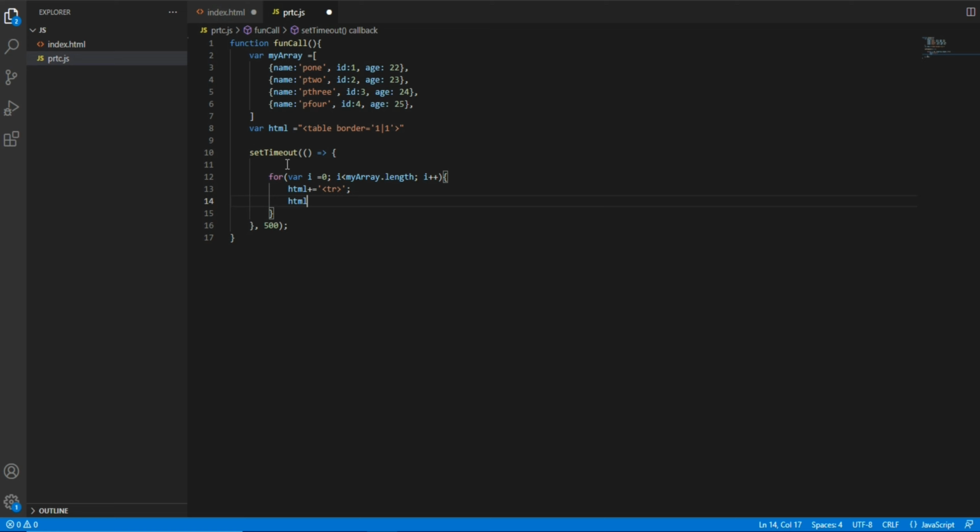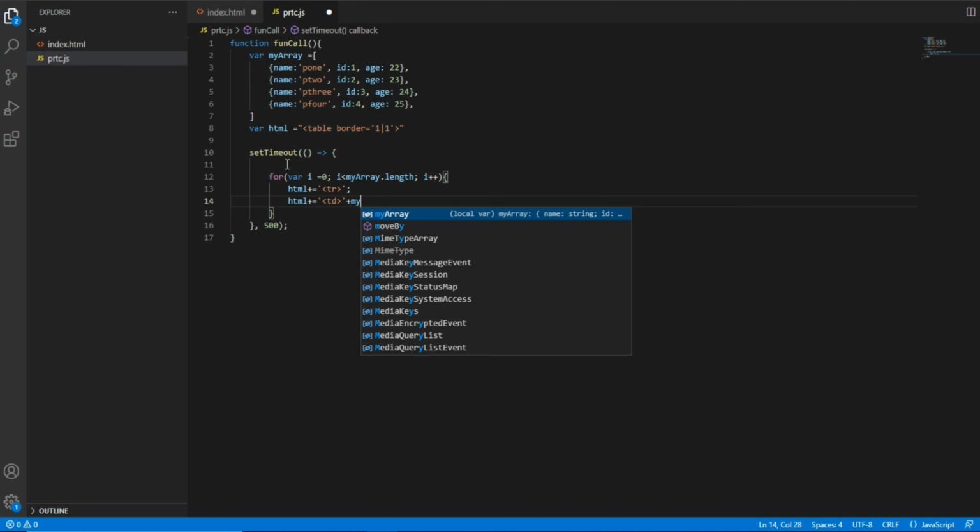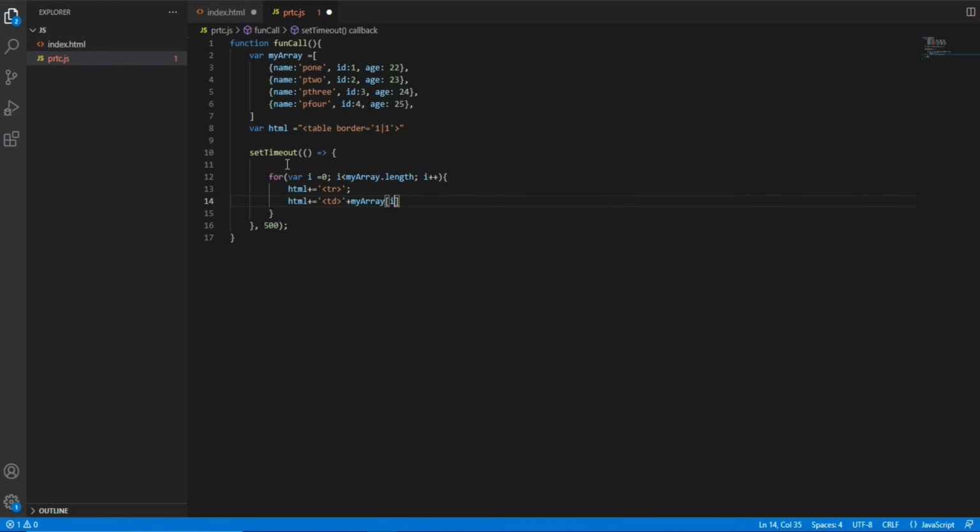Next html plus equal to td, then my array of i dot name, plus td close.